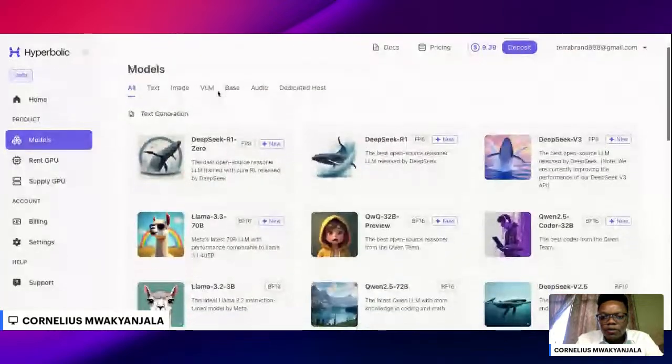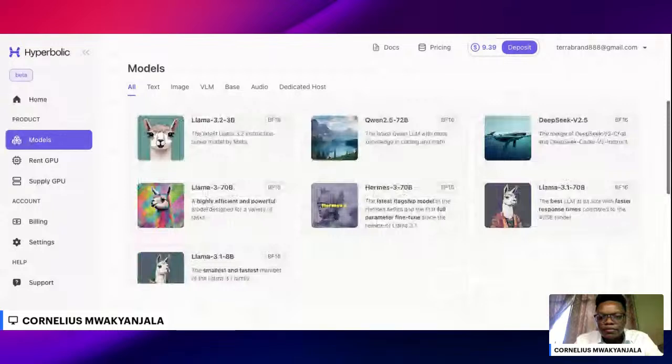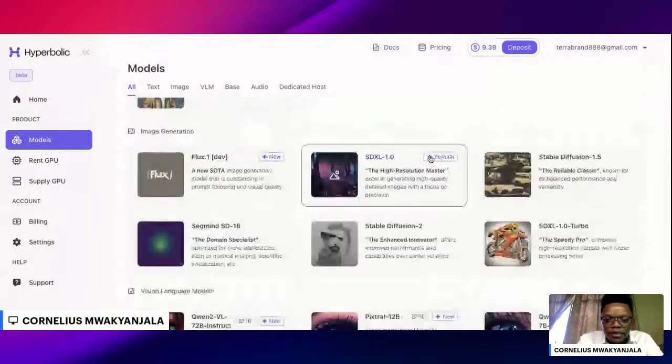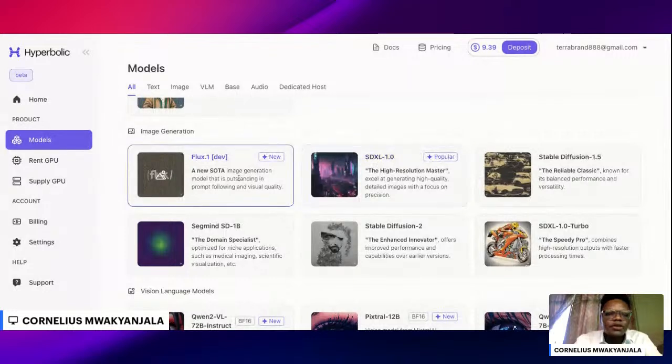On the back end, I'm running this in Hyperbolic. I'm running it on Stable Diffusion XL. That is the model I've decided to work with, because it has the functionality of image to image. I think by the time I was building this, Flux didn't have image to image. So this is one of the biggest opportunities, and remember, for just $1, I can generate up